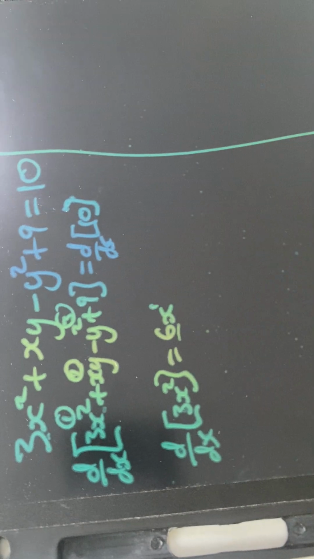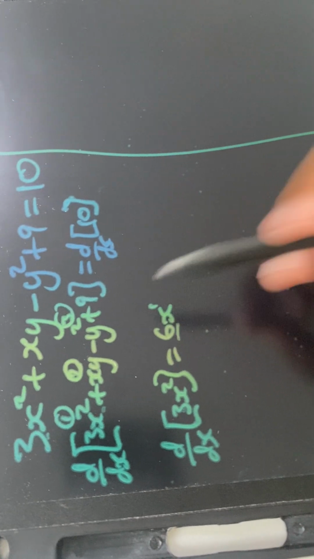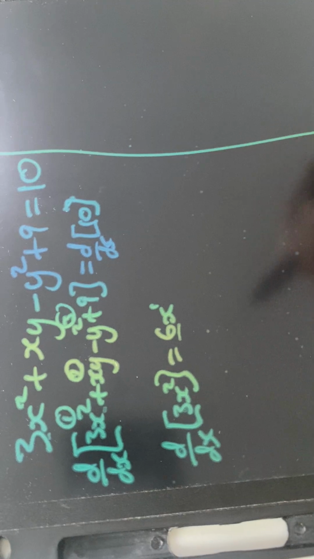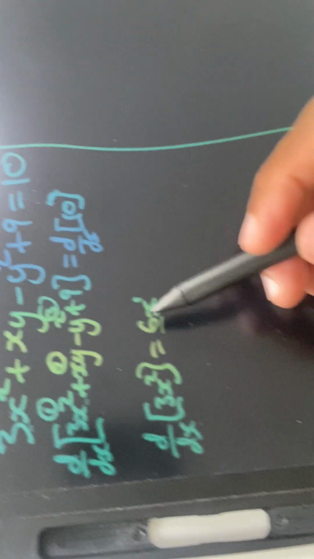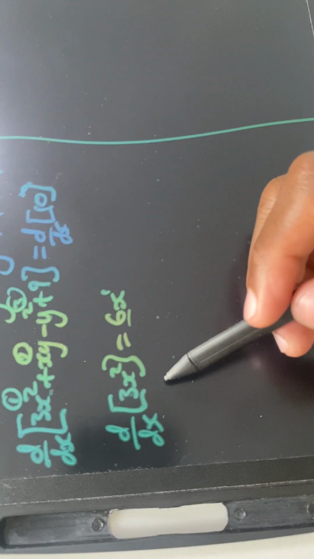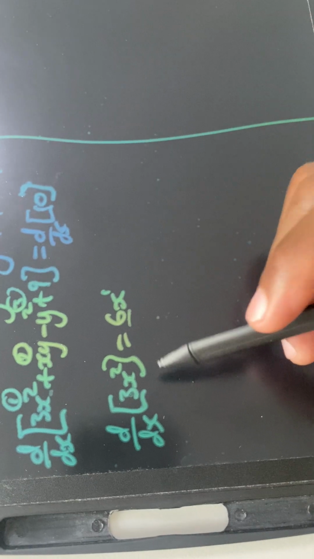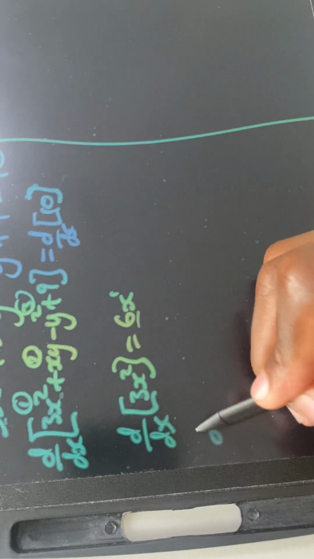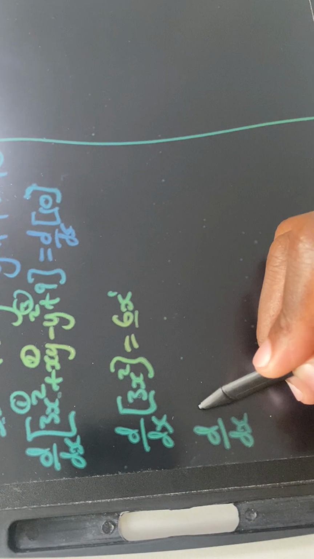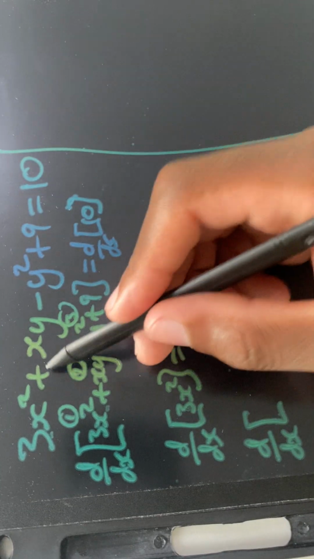So that's what we did here. It's just going to be 6x to the power 1, isn't it, using the power rule of derivatives. So now, again, we are going to focus on the second term. So dx of the second term of this equation,